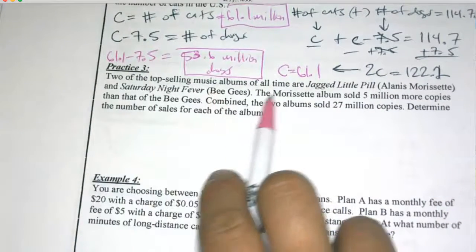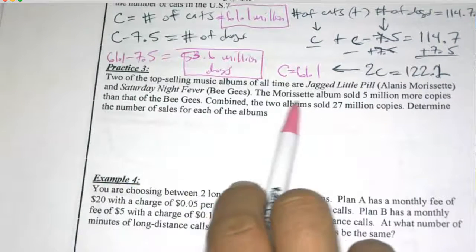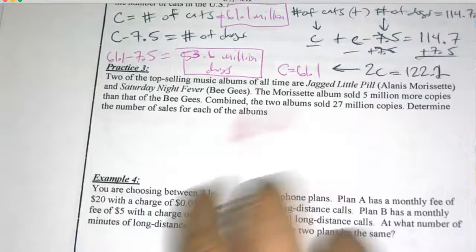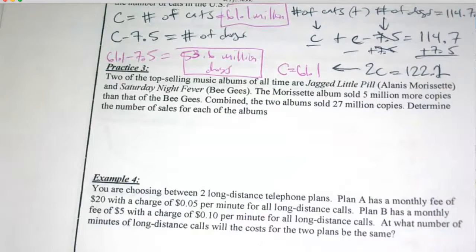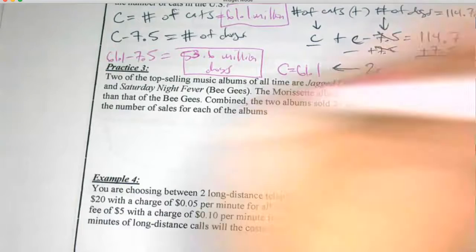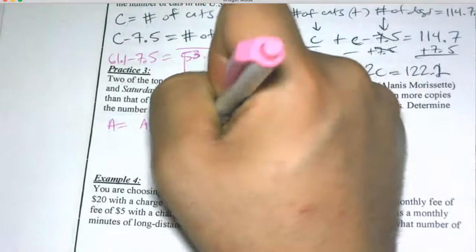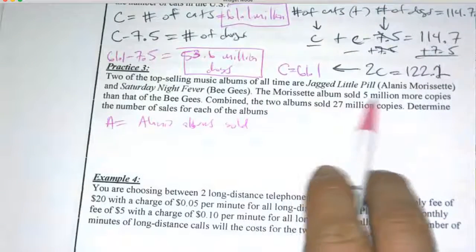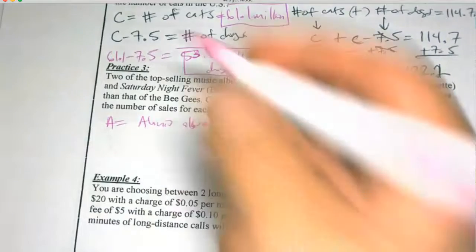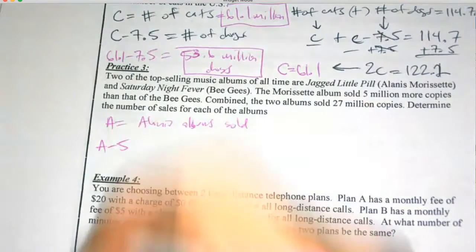Two of the top-selling music albums of all time are Alanis Morissette's Jagged Little Pill and Saturday Night Fever by the Bee Gees. The Morissette album sold 5 million more copies than that of the Bee Gees. Combined, the two albums sold 27 million copies. This is almost identical, where I could say A equals Alanis albums sold, and then the Morissette album sold 5 million more, which means the Bee Gees sold less. So I can say A minus 5, right? The number of albums sold by Alanis minus 5 million